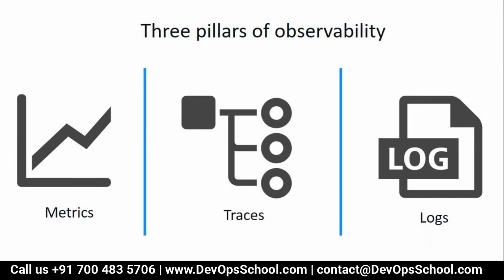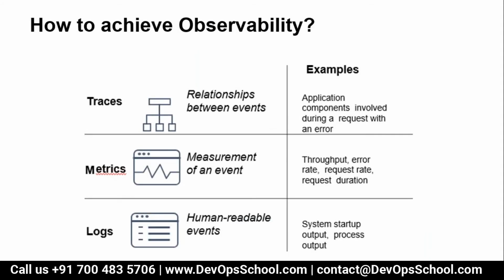Okay, so when you want to set up observability for your system, for your application, for your team, you need to set up everything. You need a way to get metrics of the environment, you need traces of your environment, and then you need logs. You need to store everything, metrics, traces, logs, events, and then you will be able to set up observability.